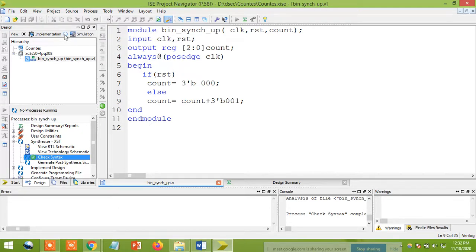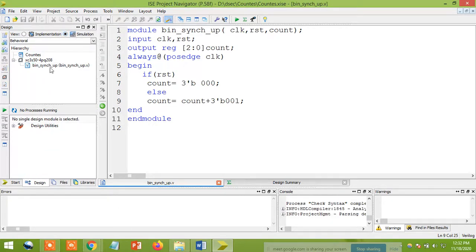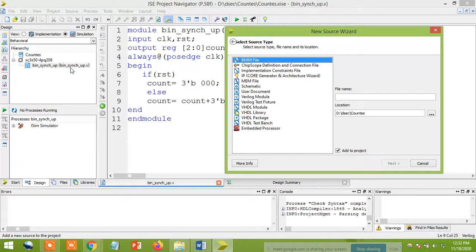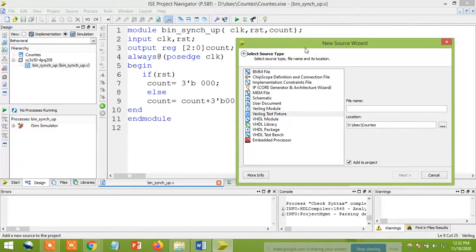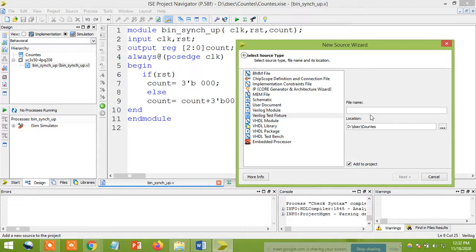So just go to simulation. This is my project. First click this one and don't click here, it is the counter. If you click the counter, the ISim simulator will not appear, and if you click the IC also it will not appear. Make sure that this test bench program is highlighted, then only the ISim simulator will come into the picture. Just right click here, new source, and select Verilog test fixture. I'm going to write the test bench program here. Next, you can give any name for this. So my understanding, I'll give here